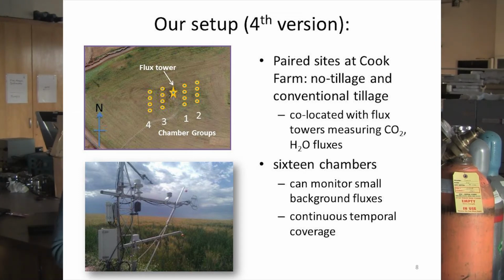So there can be really high variability between the different chamber measurements. This is why we're pairing it with the flux tower, using the flux gradient method to measure fluxes of nitrous oxide at the field scale. And this scales up spatially from the chambers, but it has some drawbacks in terms of temporal coverage. The chambers have been operating out at the Cook Farm no-till site since last spring, and we got the flux gradient system running there a few weeks ago, and then there's another system out at the Clark site that's been running since the beginning of August.